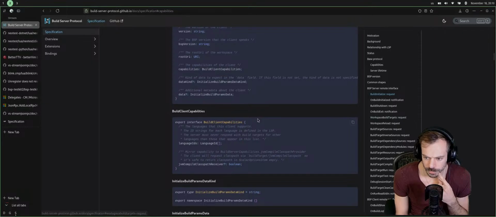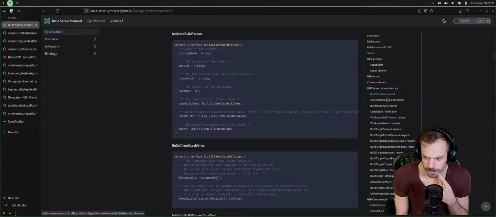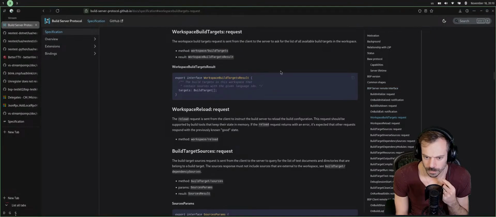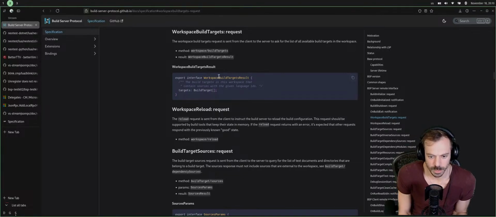But I'm not sure if this is designed to be able to work with multiple workspaces. There's not that much in the spec about that specific point. I think it works more like you have one workspace, but you can